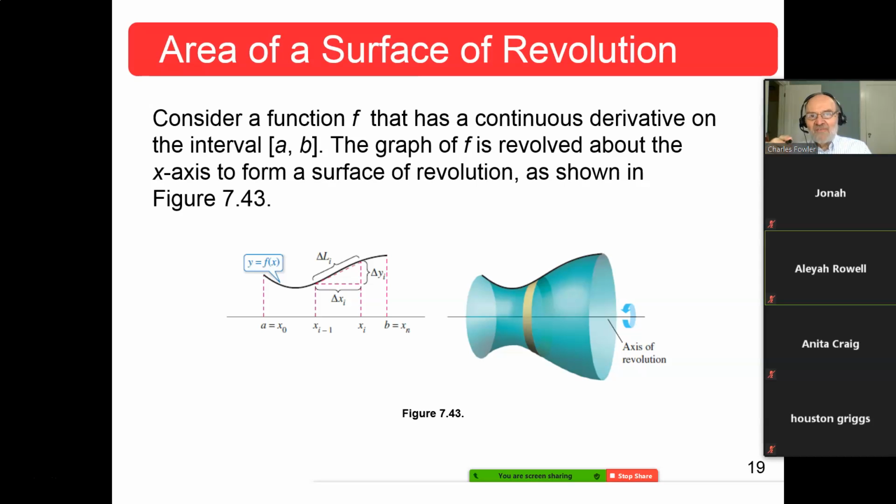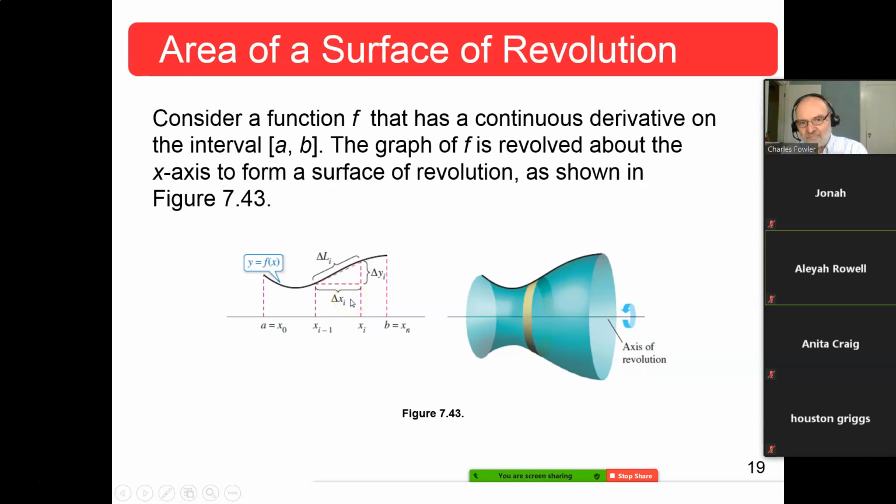The graph of f is revolved around the x-axis to form a surface of revolution, okay? Now we've got something, here is your function here, okay? And you're revolving this around the axis of revolution here, okay? And that gives you a nice, looks like sort of a chalice or something like that turned on its side,